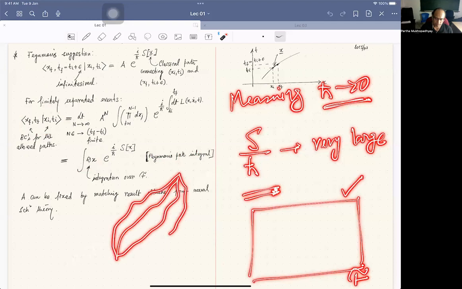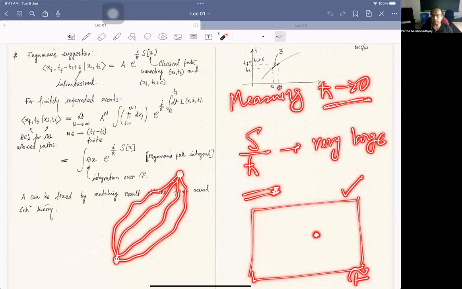We are considering the same set of paths, but the value of the action for a given path, or a given point here, changes because you are changing the system. So we standardize first all the possible paths. That's like fixing a coordinate system, and then you are calculating the function using those coordinates, and only then can you compare the values of the function. So here the function is action. So you are changing the system in such a way that the value of action is increasing in units of h bar